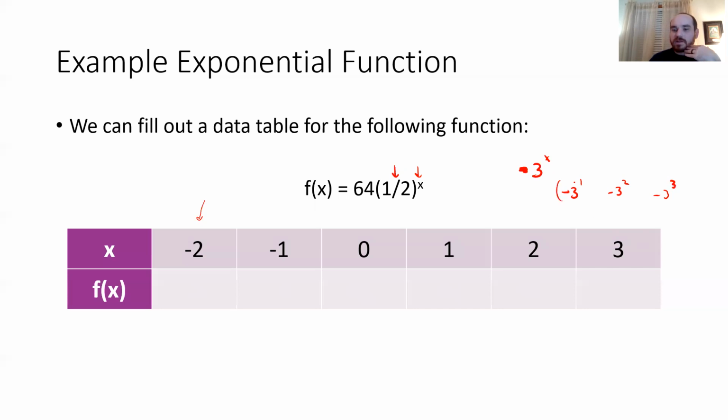If I do negative 3 to the first, it's negative 3. If I do negative 3 squared, that's 9. If I do negative 3 to the third, that's negative 27. So we're flipping back and forth between negative and positive. More importantly, though, somewhere on this function would be negative 3 to the 2 1/2. Now, negative 3 to the 2.5 is something we actually can do. We know how to do this now. You might not be able to easily think about it off the top of your head, but